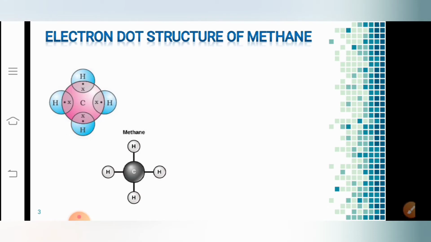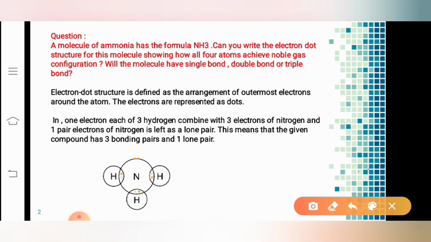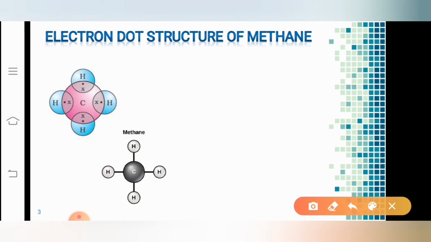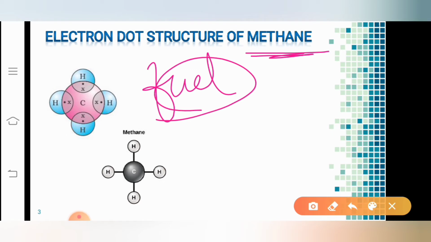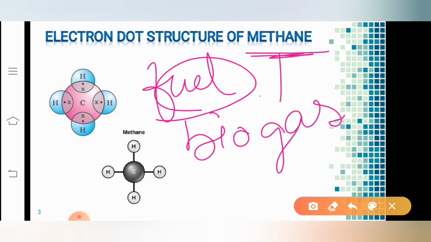Now let us understand how to write the electron dot structure for methane. Before that, let us understand some important things about methane. Methane is a compound of carbon, and you also should know some facts about it. Methane is widely used as fuel. It is a major component of biogas, and it is also used as natural gas, that is CNG,